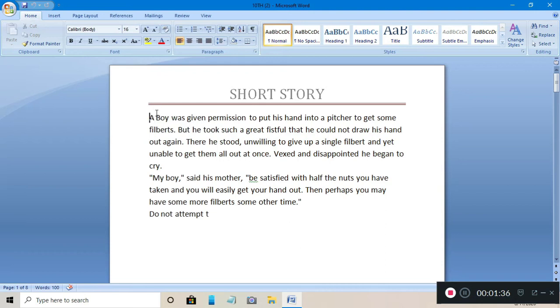Now, what is font? You can see here the single alphabet is written in a proper black bold letter, right? So each alphabet has a size.